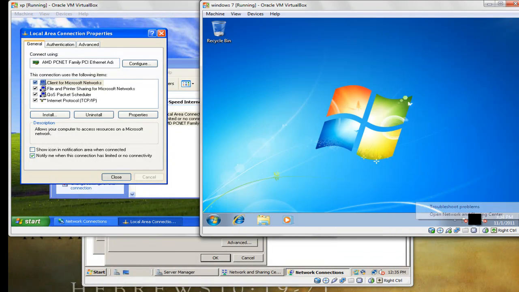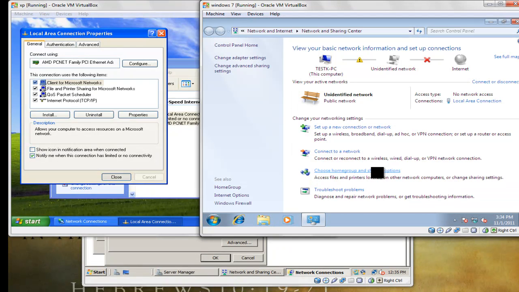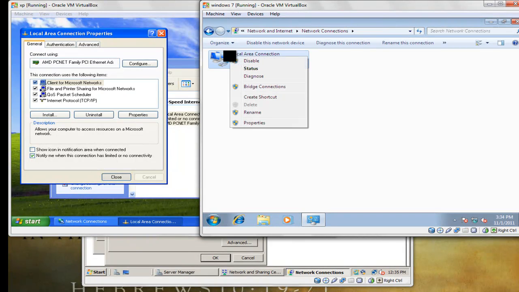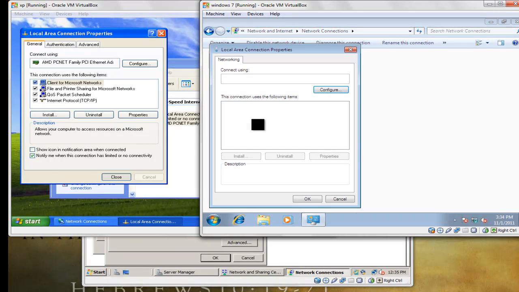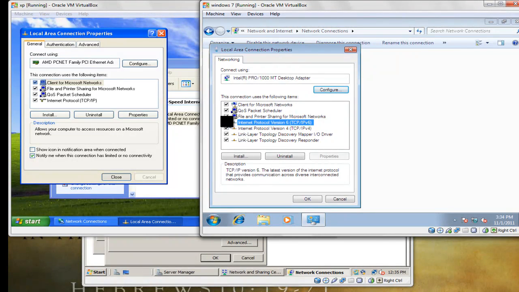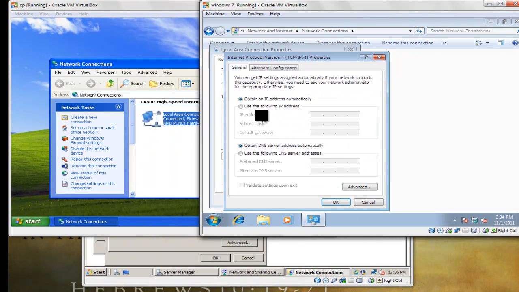and you do the same thing for Windows 7. Right click, open network sharing center, change adapter settings, right click, properties, deselect IPv6, we won't be using it, IPv4, use the following IP address, 192.168.1.3. The reason I set that is 3 is because I can't set it as 2. Each machine needs to have its individual IP. It would also cause errors on a server when you're trying to identify it and communicate with it. The default gateway again is your server,